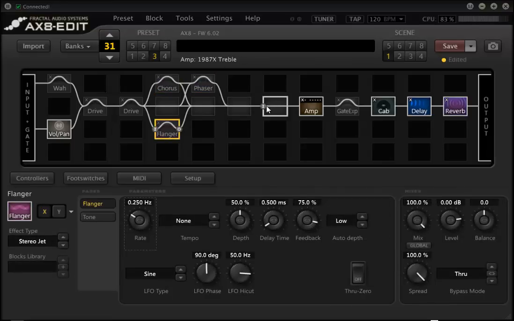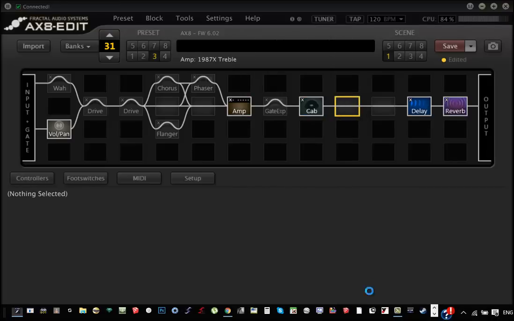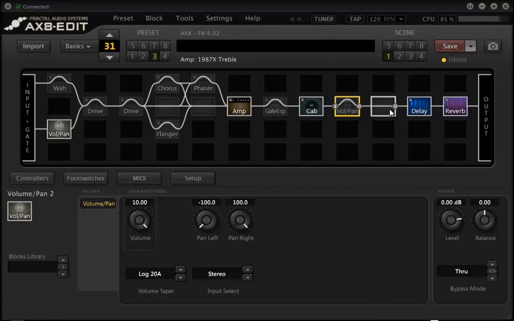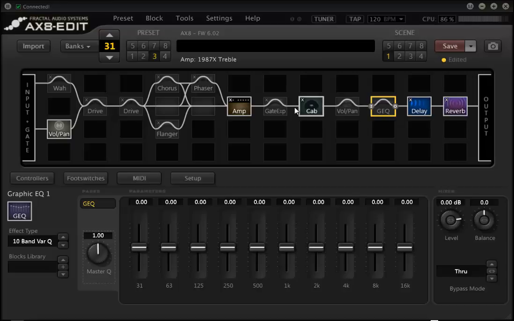Now we have more additional free slots. Since I don't want to have anything else before the amp, I'm going to bring the amp to the last block of this chain. Let's bring the gate block and the cab block. I wanted to make room for another volume pedal. So here we have, and why not an EQ block? So you can tailor the sound of your